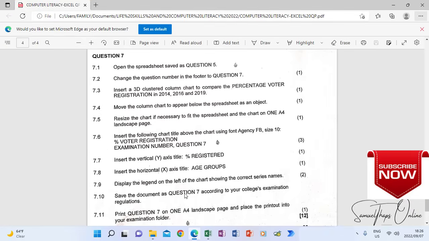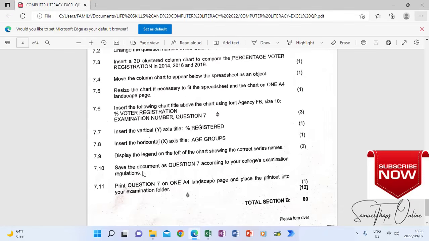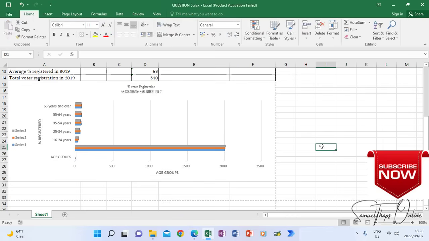And then when we look at the next question, it says save the document as question 7 according to your college regulations and print on one A4 page. So I'm just going to save this as question 7. So sometimes in the exam they will say